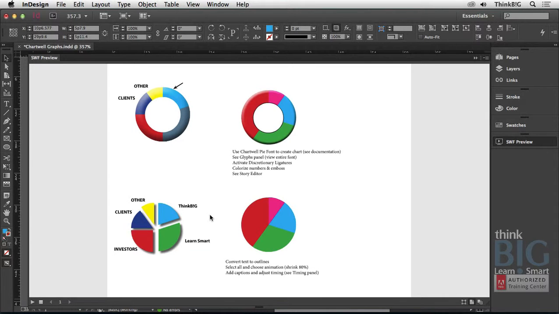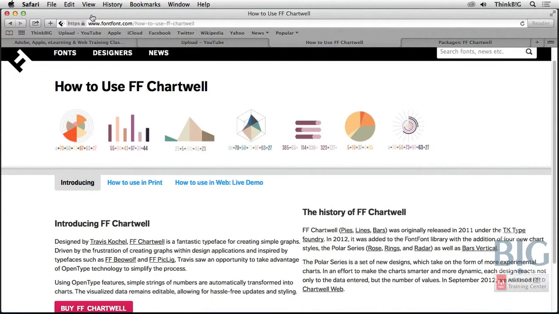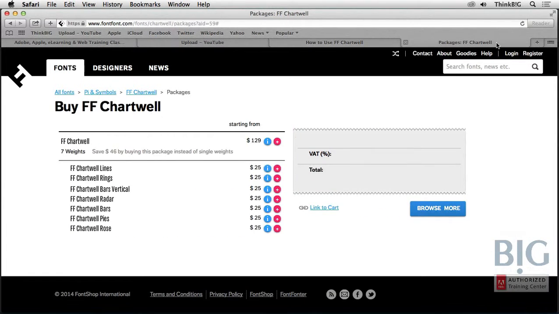So you can really create some really cool charts right within InDesign and not have to round trip it back into Adobe Illustrator. And the font itself is available from fontfont.com, and it comes with documentation. And that font itself is only $25. Again, if you